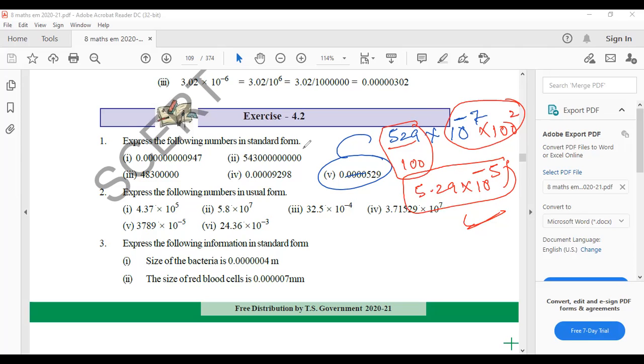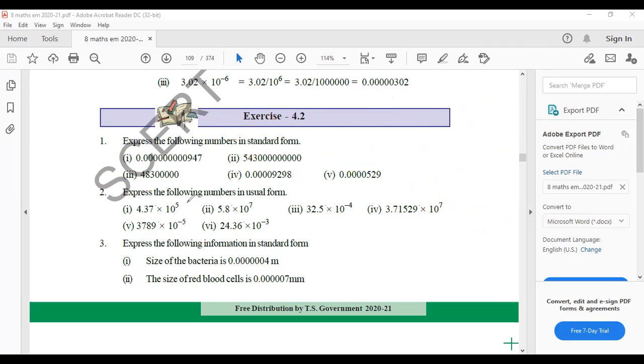Now this is all the usual forms converted into standard forms. Clear? Standard form is something where one digit comes before the point and some number after the point only will exist. Okay, this comes under standard. You need to understand now. Now let us find the usual forms. Usual form means once you understand the standard form, automatically the usual form is very clear.